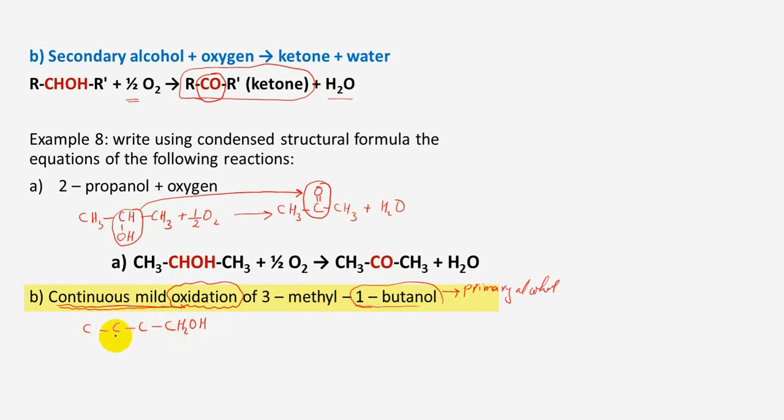On number 3, we have a methyl group, CH3. We complete the hydrogen atoms for the other carbons. Plus, since a continuous mild oxidation is mentioned, I write the O2. The coefficient of oxygen is 1. The product: the primary alcohol will change into carboxylic